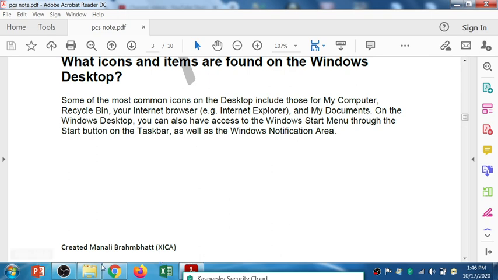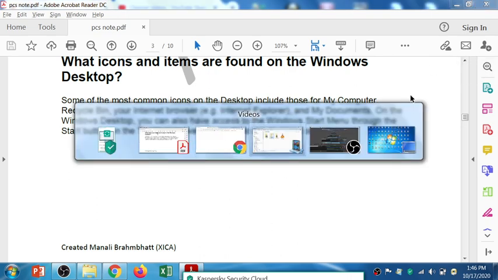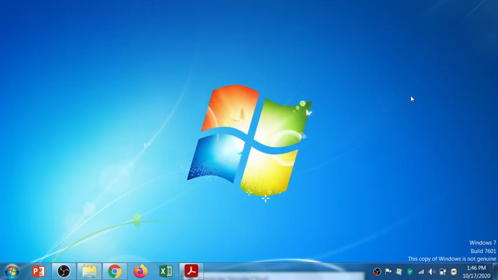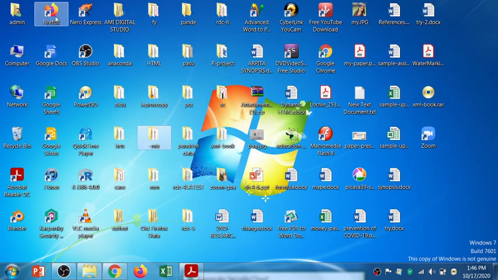Right, as I have just now discussed, I have displayed my desktop icons, where you can find quickly accessible applications. These all are the icons available on my desktop, right?